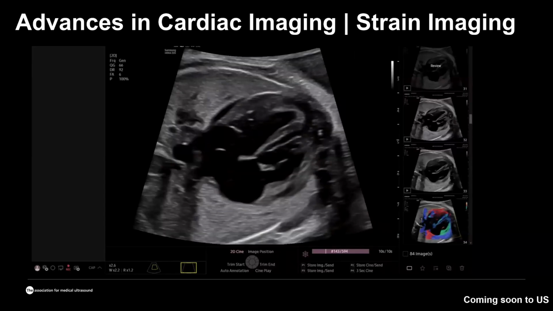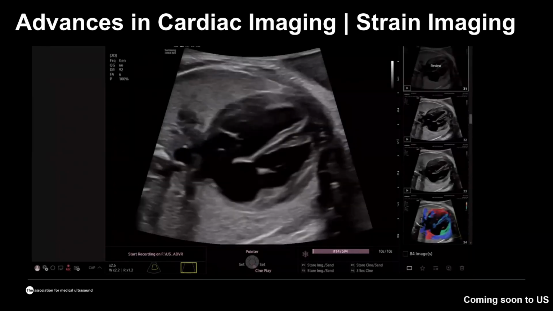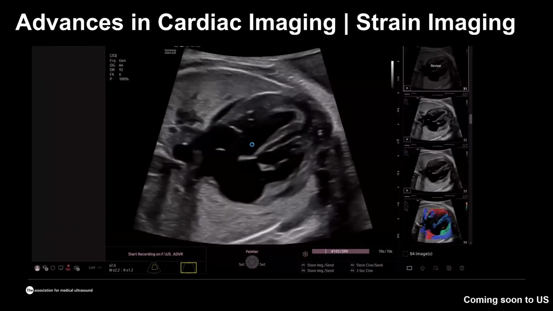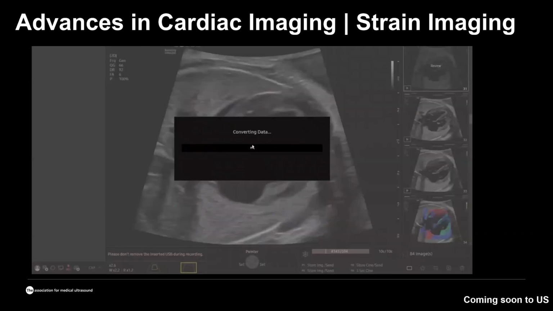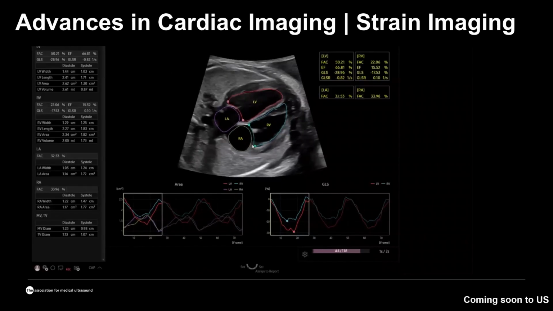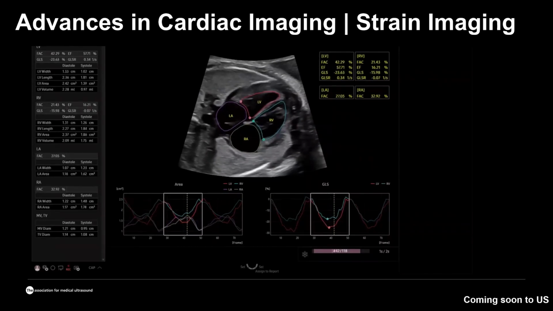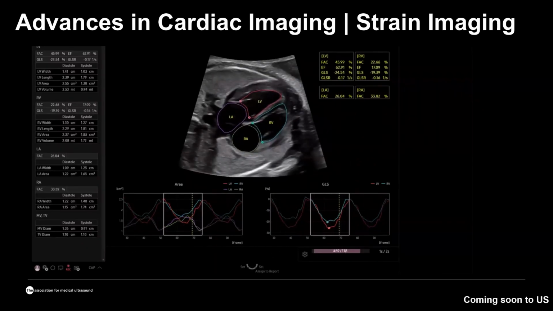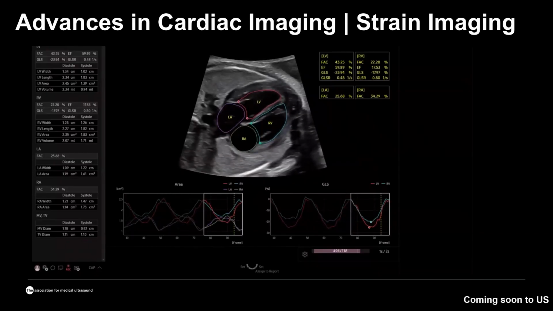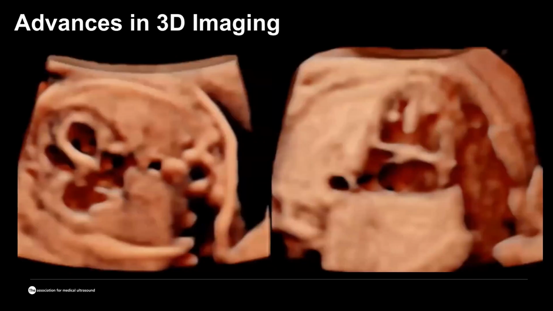Traditionally, this software exists for children and adults, and it's very time consuming. It requires picking the cardiac cycle, checking and tracing. Most people, when they see a demo, feel like, okay, it's not for me. So now you can be an expert, because the only thing that you need is to get a perfect four-chamber view and push one button, and then all this information will be available for you.